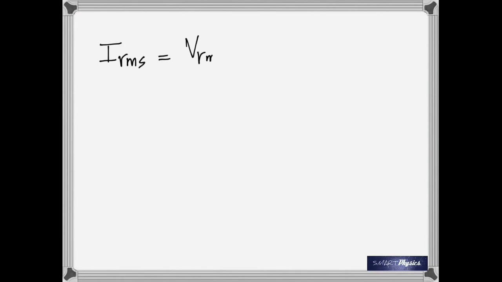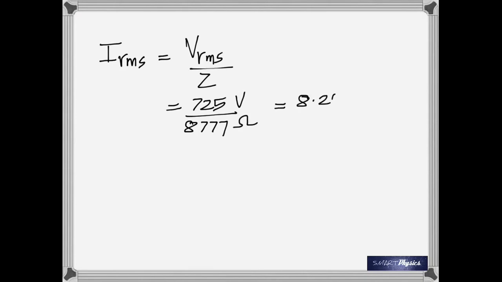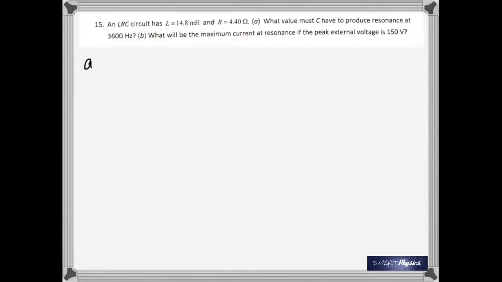And the RMS current is V RMS by Z, and the voltage RMS value is 725, so divide that by the impedance and you would get the RMS current, 8.26 times 10 to the negative 2 ampere. And the last one in this question, again it's an LRC circuit. The inductance is given, the resistance is given, and the question is, what value must C have to produce resonance